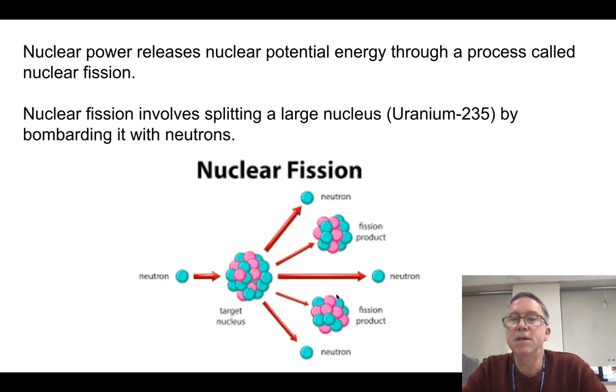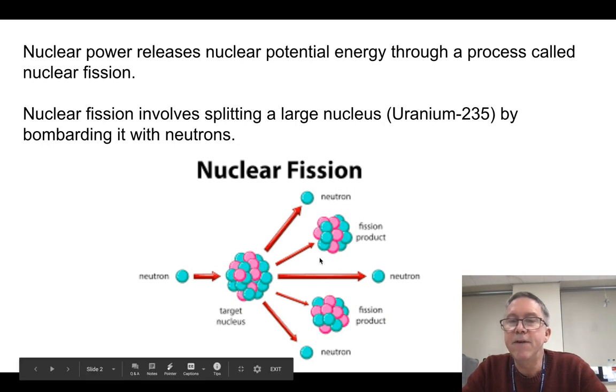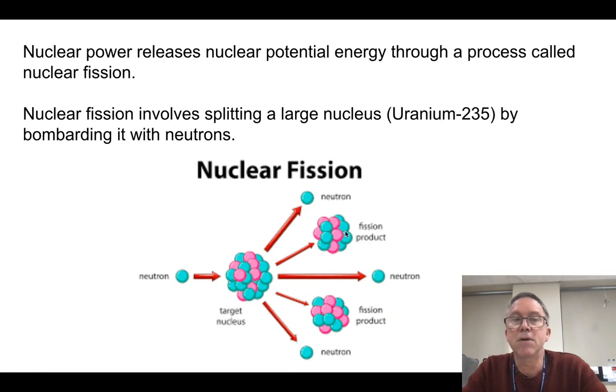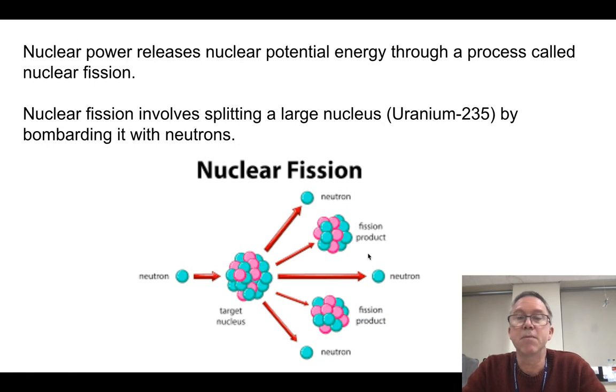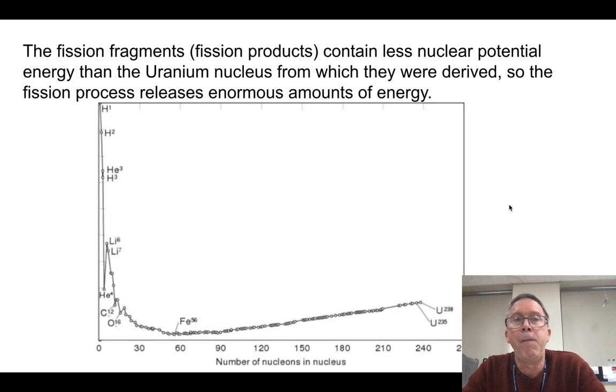And what happens is the resulting fission products, or fission fragments as they're called, have less total energy in them. And so that release of energy is given off. Now, that's the basic process we have, right? Taking a big atom, splitting it with a neutron, turning it into smaller atoms, and since there's less energy in the smaller atoms than there was when they were put together in the big one, it releases energy, and I'm talking a lot of energy.